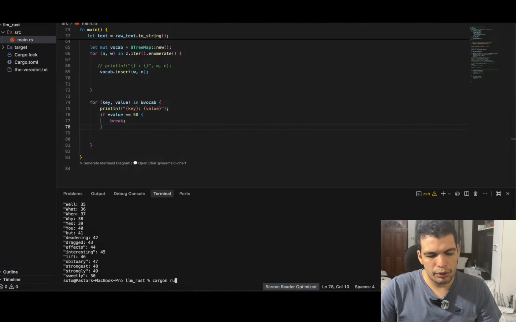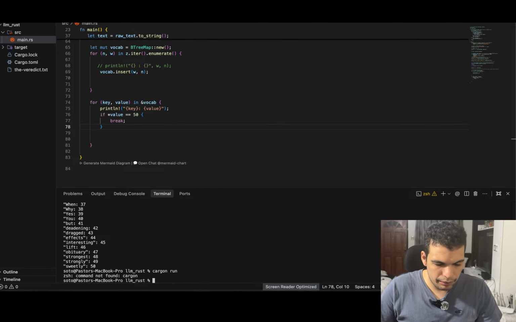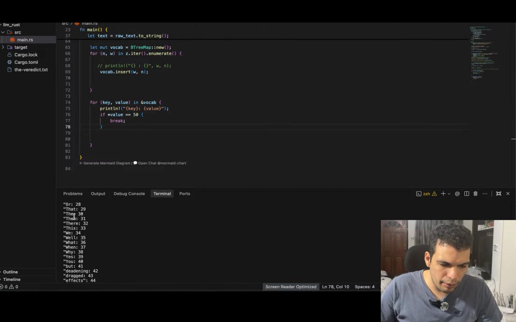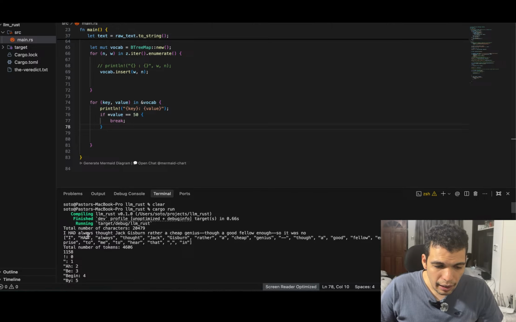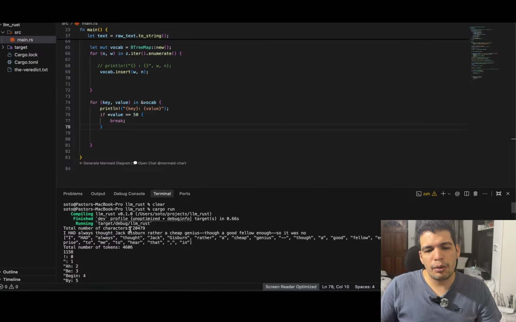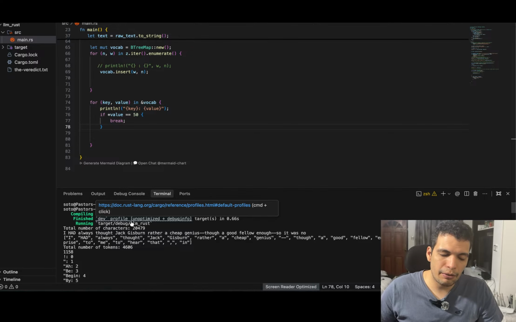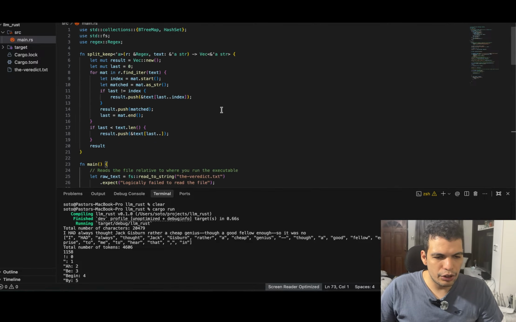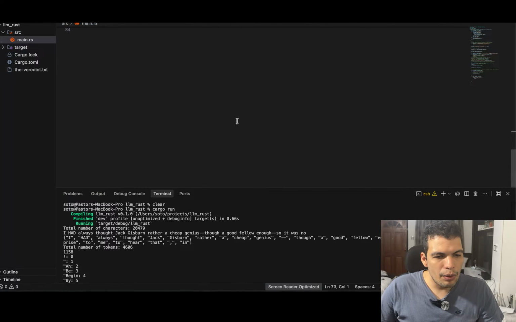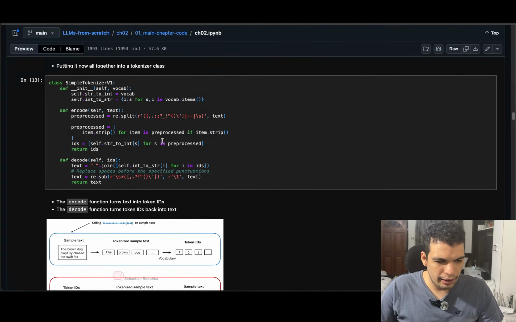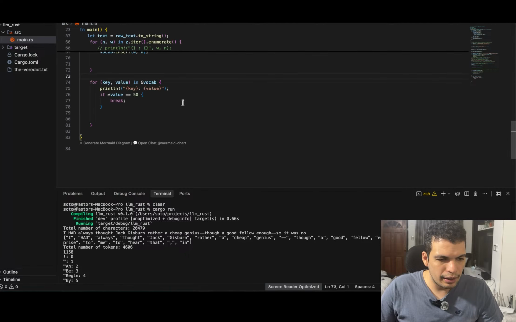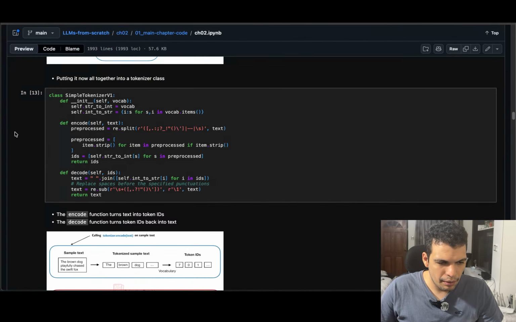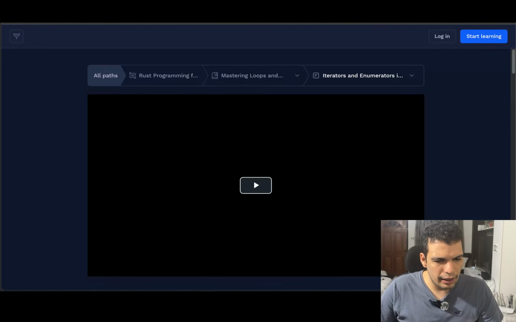Let me just run it so you can see what we have so far. Okay, can we run? Yeah, so we have a word and we have an ID. It doesn't match completely to what Sebastian has, but I don't want to worry about that much. I just want to move on, and then we can fix those issues later. But now I do want to create this tokenizer, and perhaps we need to build it as a struct, right? I think we did mention that